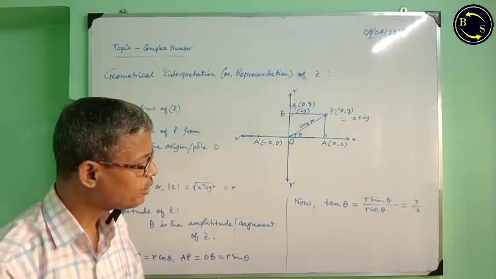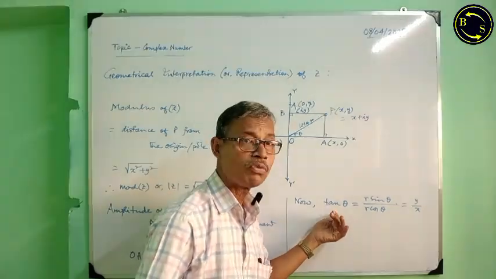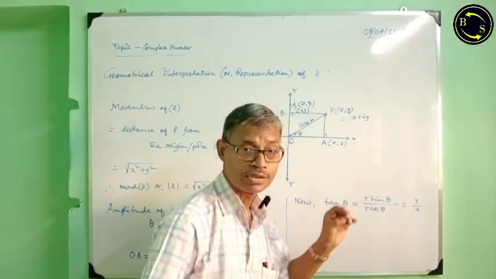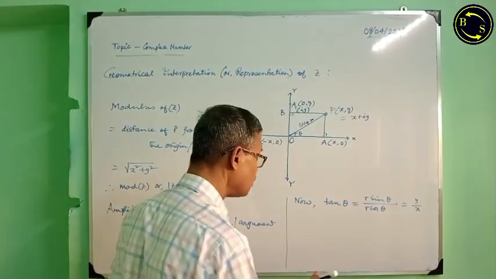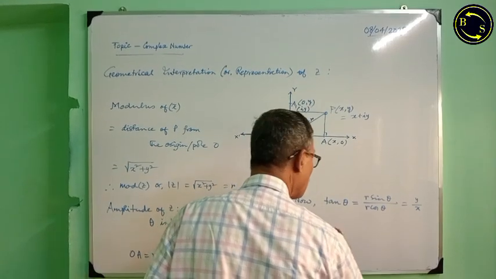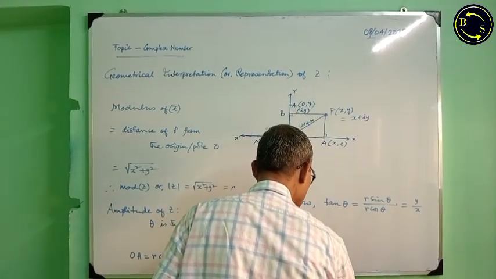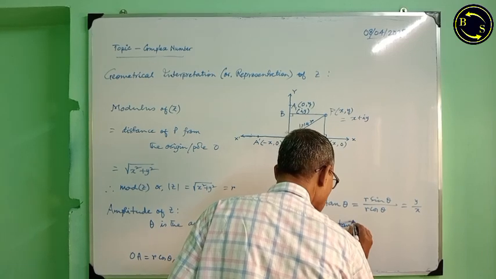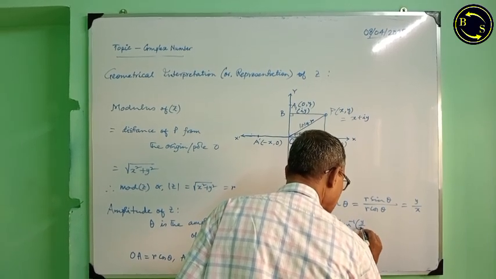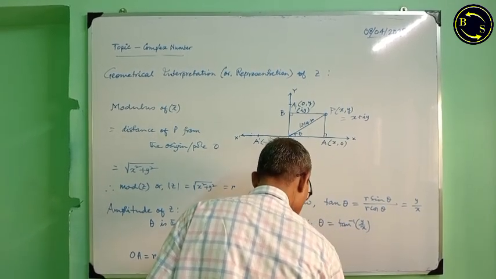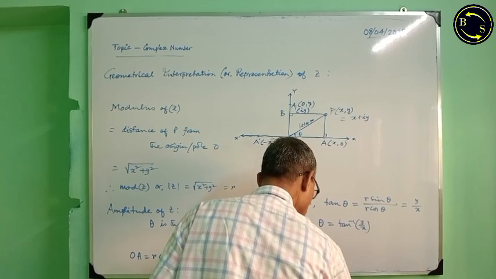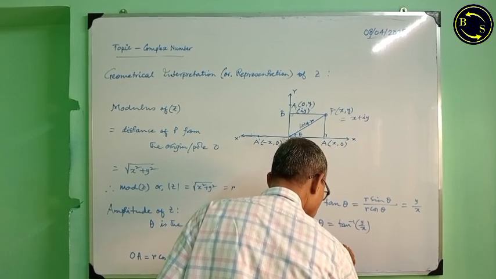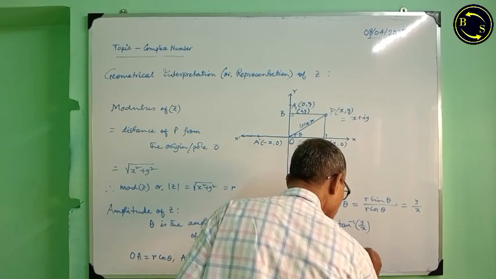Therefore, if theta be the amplitude, then tan theta will be y by x. In common, we write theta equal to tan inverse y by x. Therefore, amplitude z is equal to